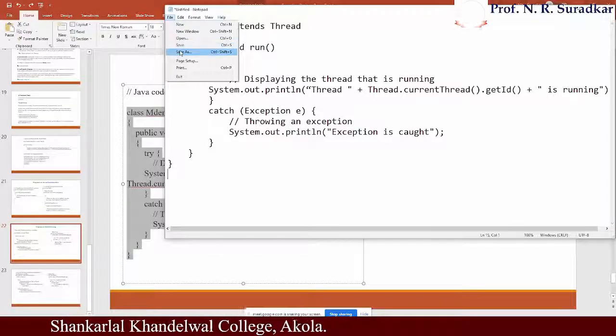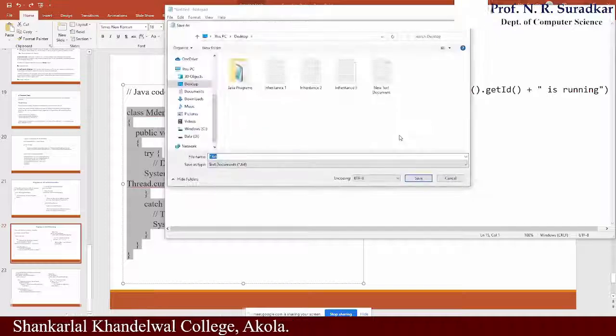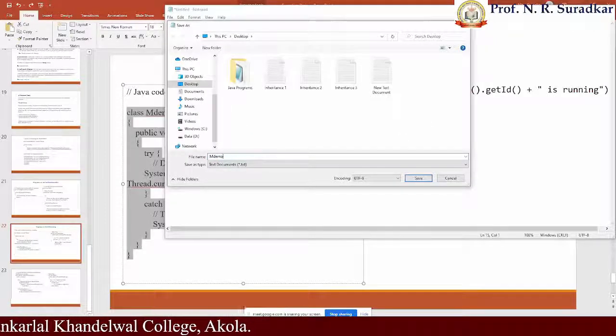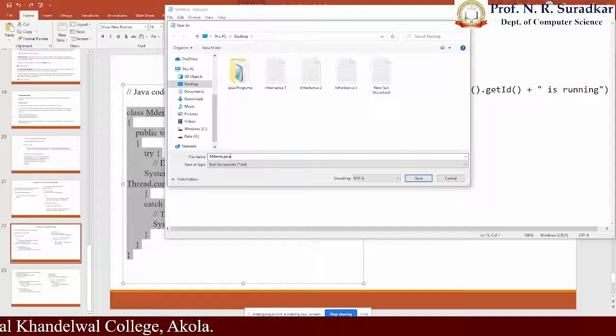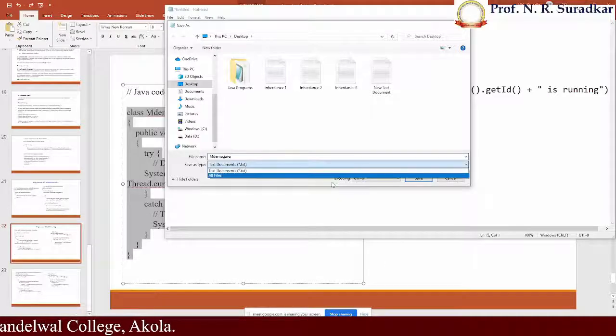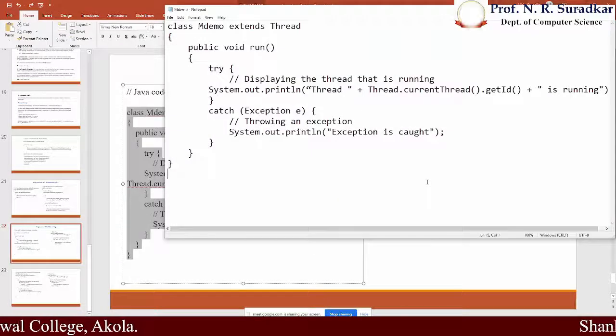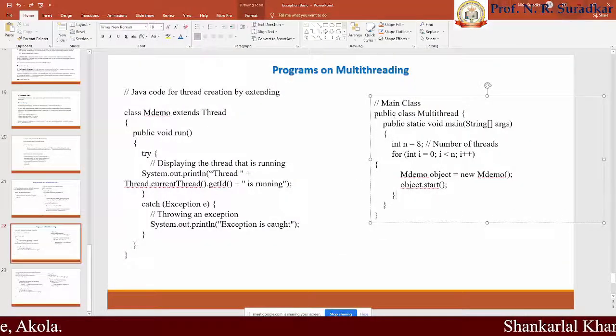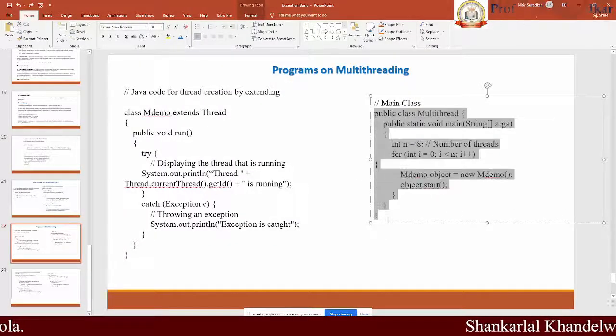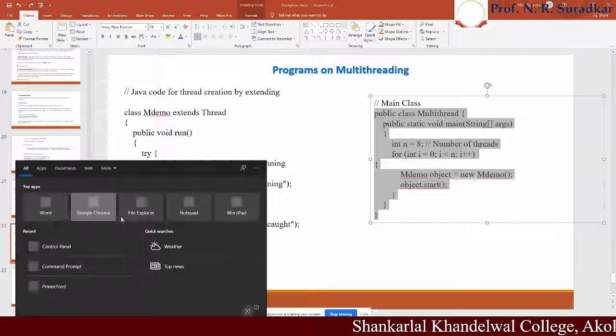Go to the File menu, go to Save As, and use Demo.java. File, save. Minimize the window. Then again go to the main class, the class named MultiThread.